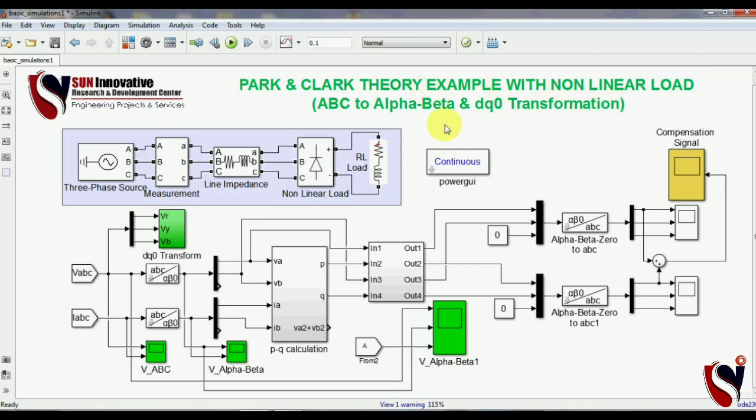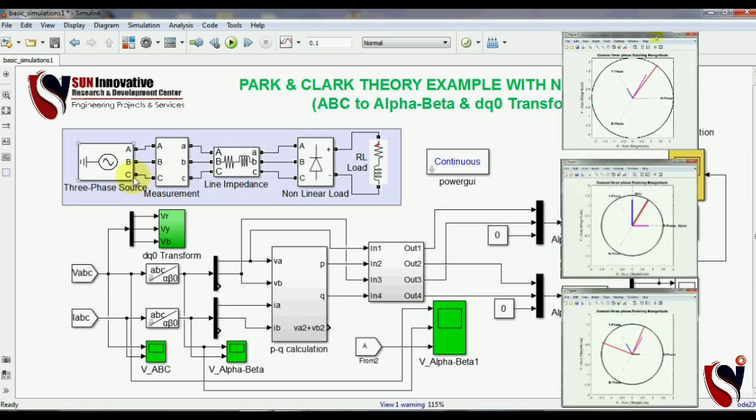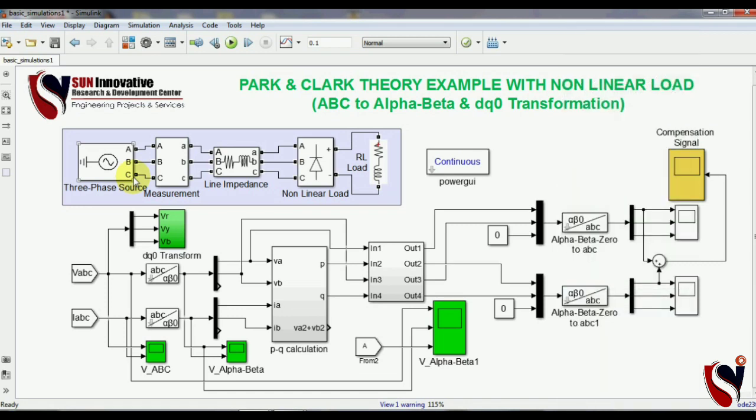So today's title is Park and Clark Theory example with the nonlinear load, and this simulation will show you the alpha, beta and the dq transformation from the three phase. The simulation will show you how to use the alpha, beta and ABC transformation, which is useful for our controlling purpose. Mainly the basic Park and Clark transformation is to simplify the controlling system